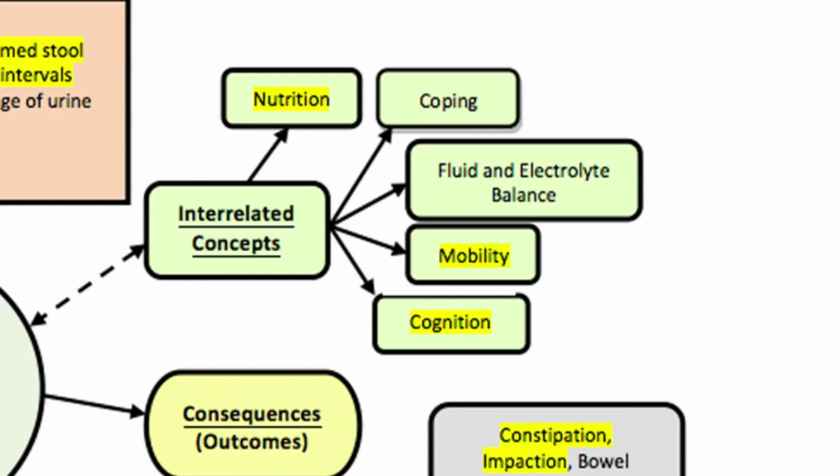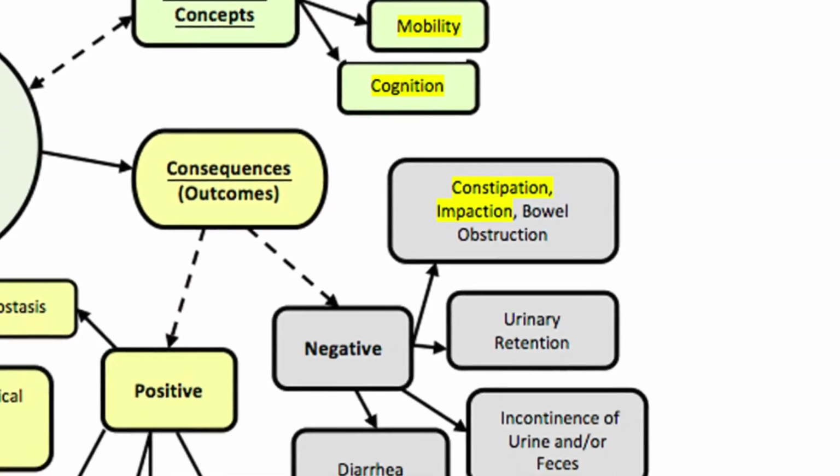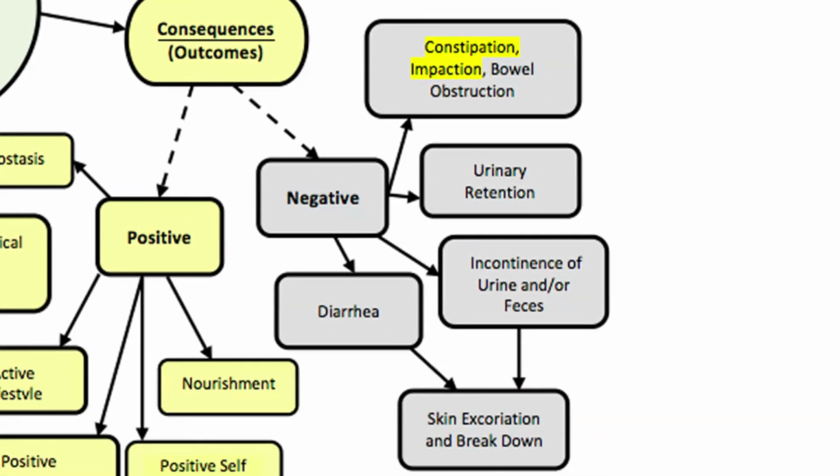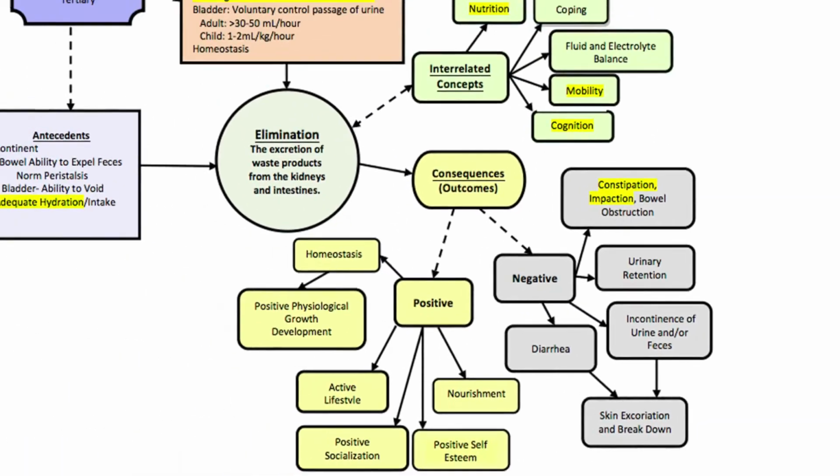So when we're looking at nursing interventions for her, we will have to look at the manner in which we teach her and how to remind her. Is it that a nurse couldn't just talk with her, but a nurse would need to go in and offer fluid at frequent intervals? This patient, when we look at her negative consequences, we see that she has constipation and possibly impaction, where she doesn't have skin breakdown, she doesn't have incontinence, she doesn't have urinary retention. So she presents totally different, and yet it's the exact same concept, but with different